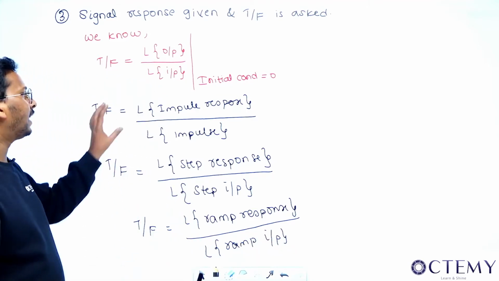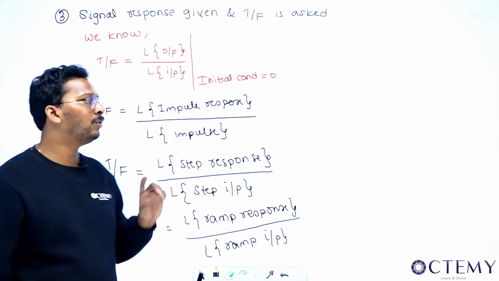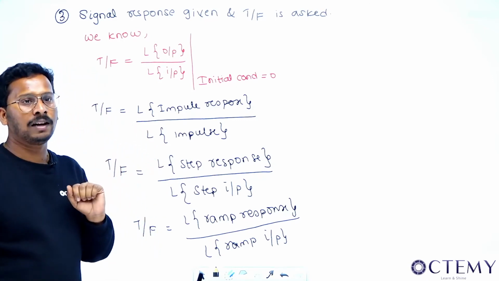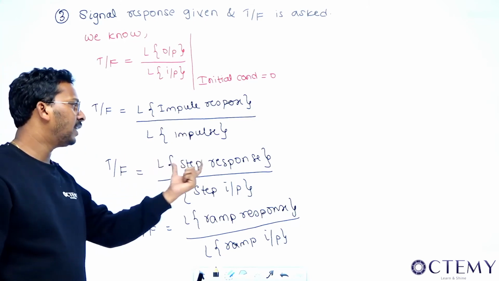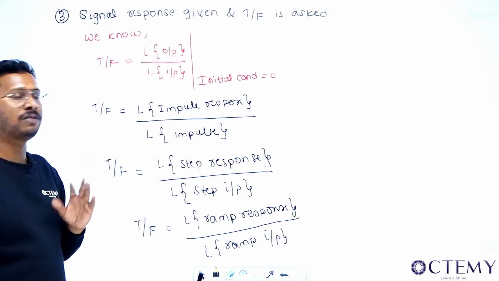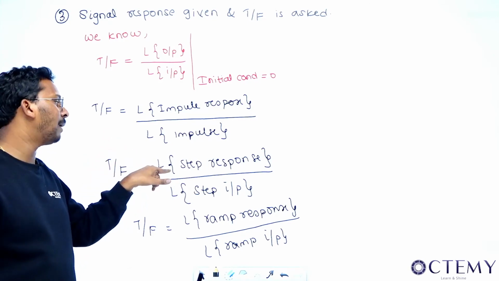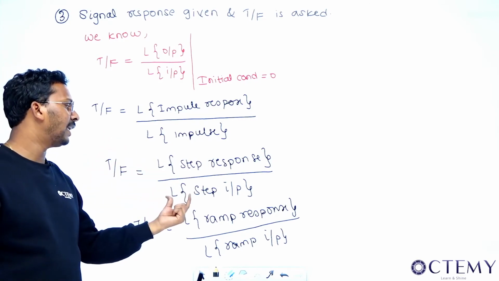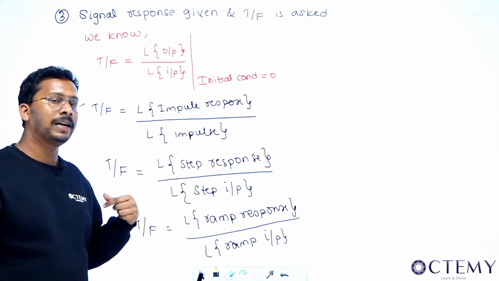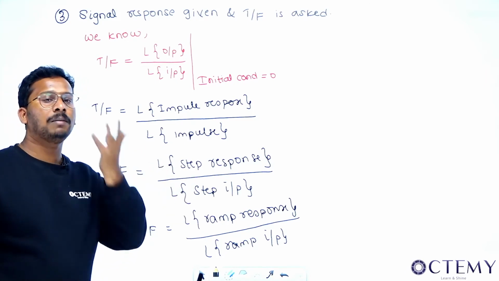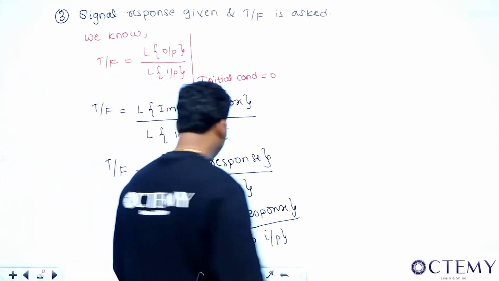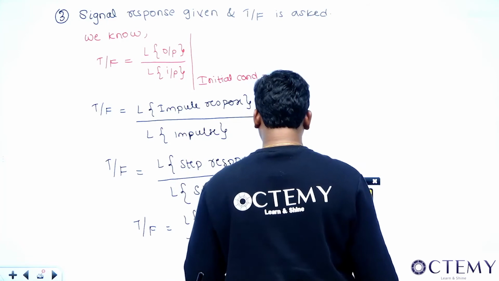Because if the impulse response is directly given to you, you take the Laplace of it and you will get the transfer function. But he will not ask you like this, sir. He will say that the step response of the system is given, then what is the transfer function? What do you do, sir? Simply take the Laplace of that and simply take the Laplace of the step. That means if it says unit step, it will become 1 by s. If it is some other magnitude step, that magnitude by s. Right? This is one thing you have to remember from here.